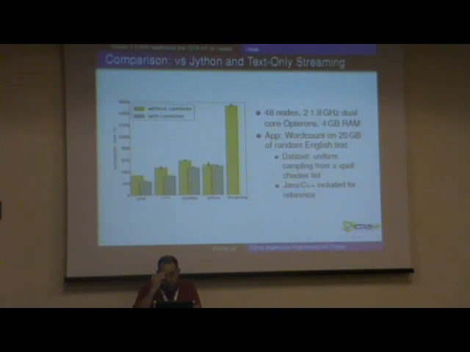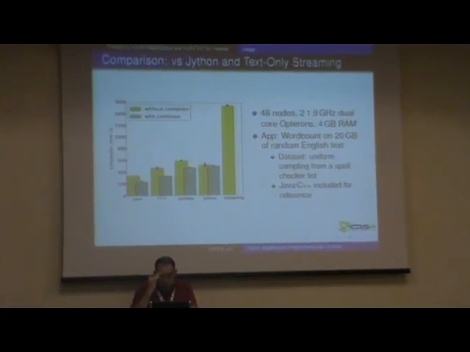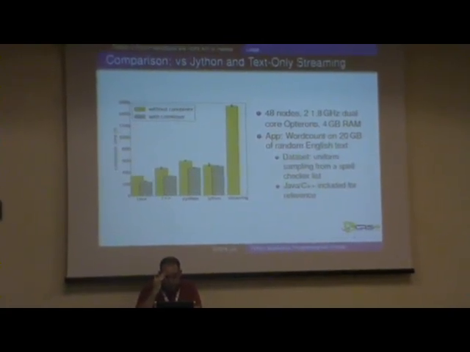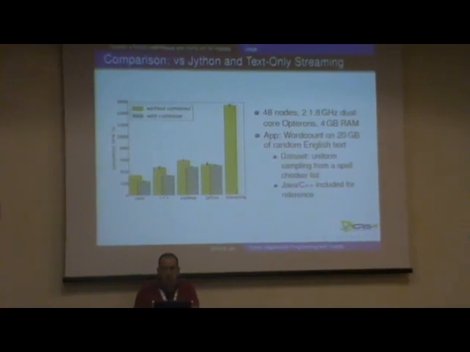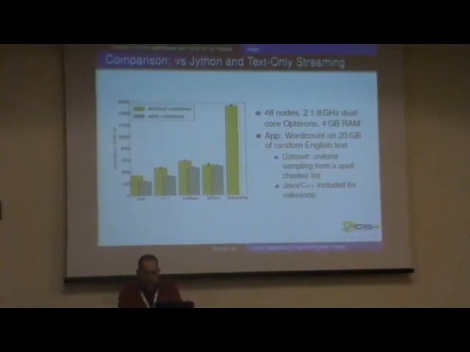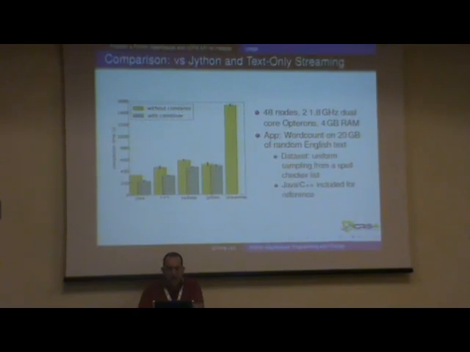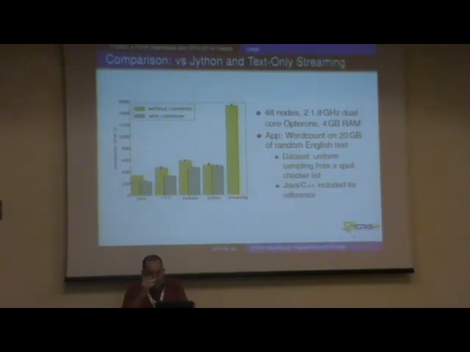Okay, some words about performance. This is a test we ran on a cluster at our site. We wanted to compare Pydoop with the other solutions for MapReduce programming in Python. And the Java and C++ figures are here just for reference, because of course we're not comparing, but